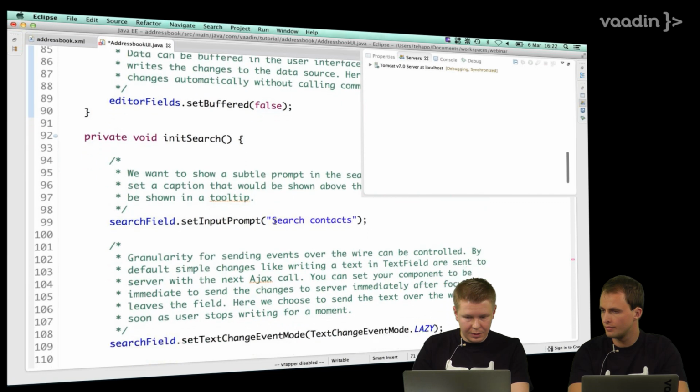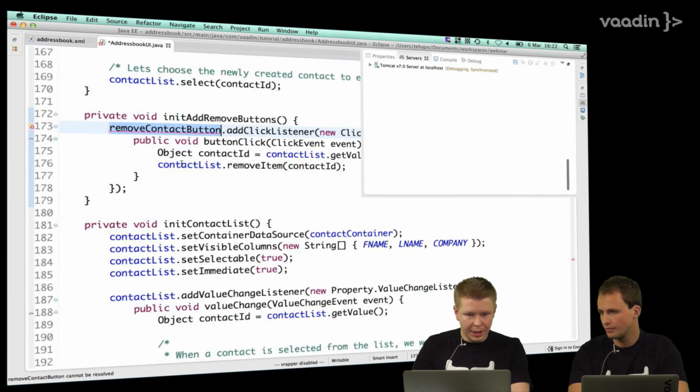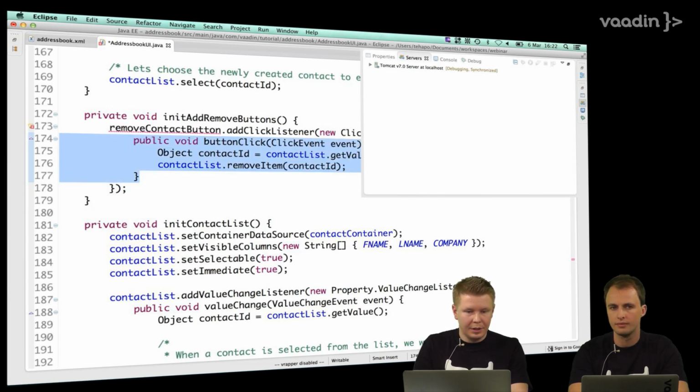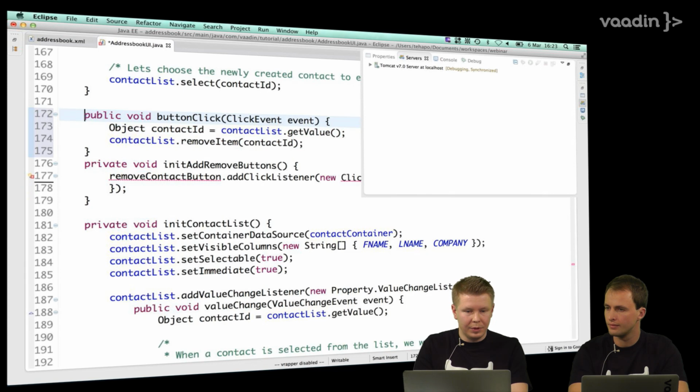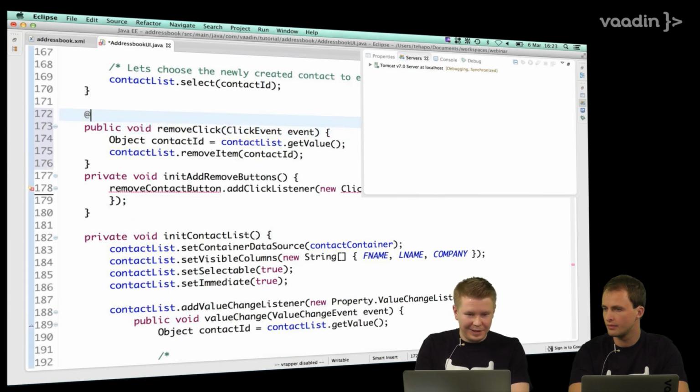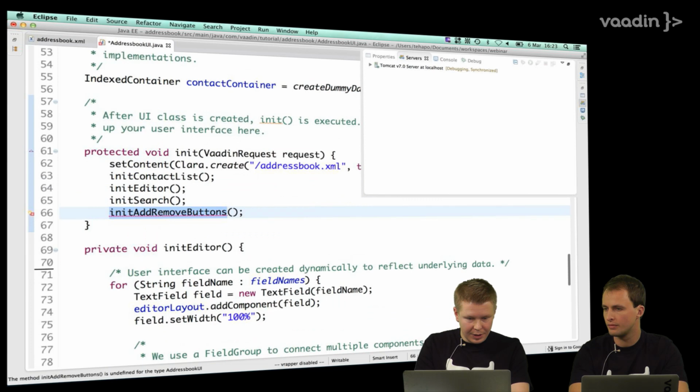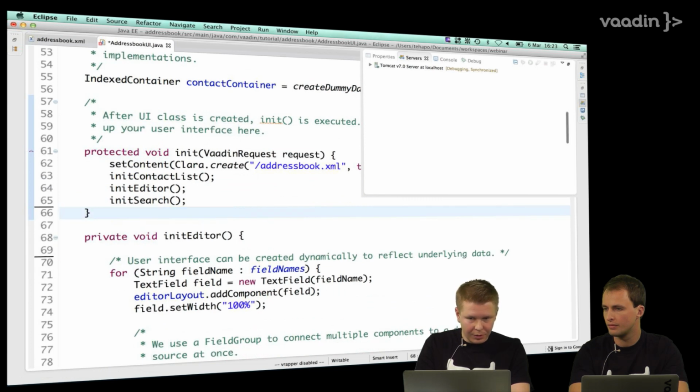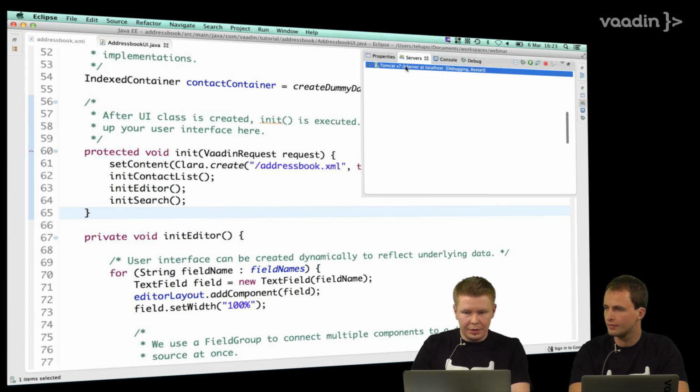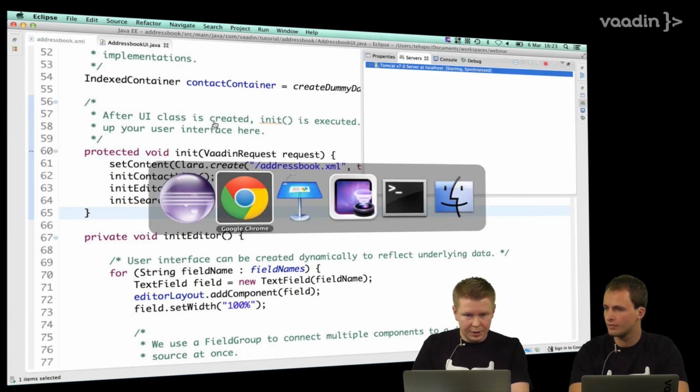And also here we have the same situation as with the add button. So we have the click listener defined here, so we can pull it out as a separate method and call it remove, not remove click. And UI handler for the remove. That method is no longer needed, and let's take that call away. Let's just restart the server just in case